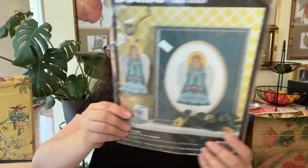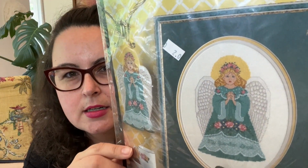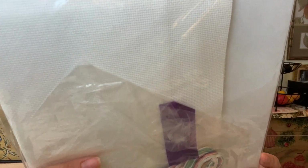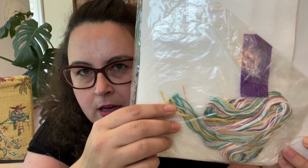I got more stuff. Oh, I picked this up. It's a kit, an angel kit. And it looks like 18 count Aida. Yeah, 18 count Aida cloth, and then all the stuff, unopened kit. I also got